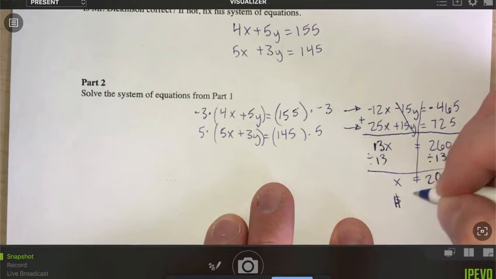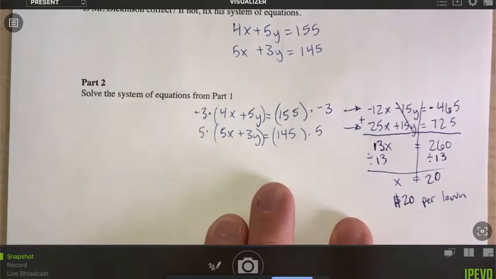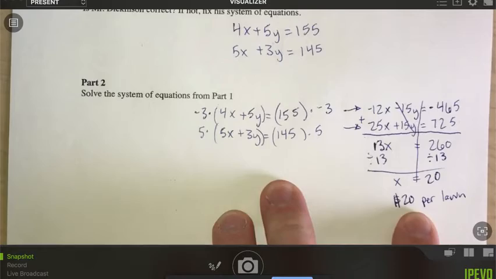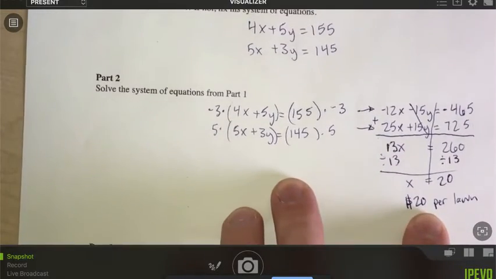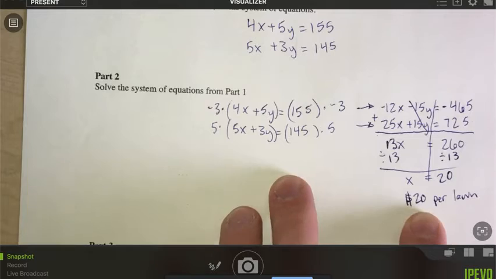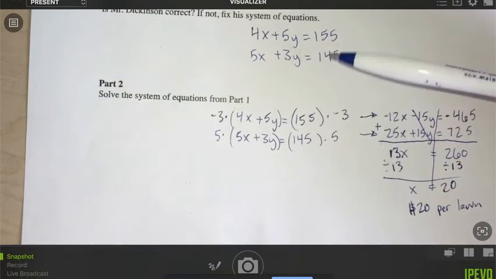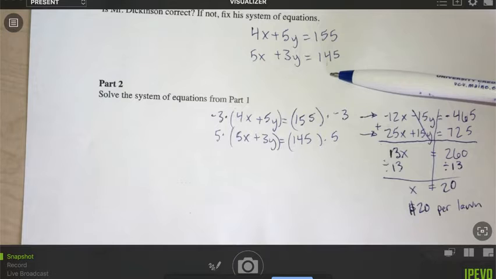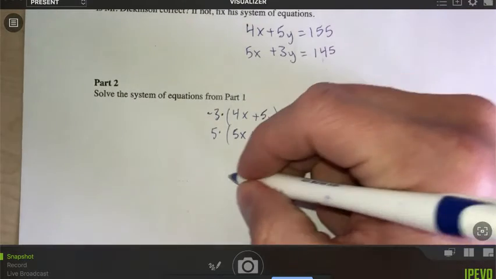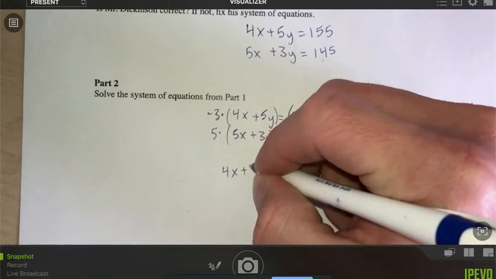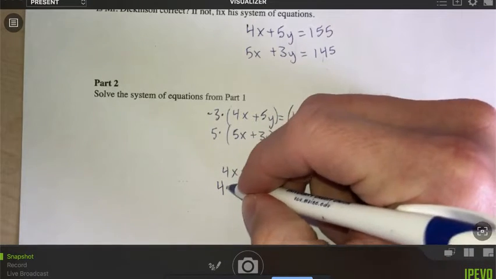So what that tells me is we've got $20 per lawn, because we said back up here, X stands for the cost for a lawn. All right. Now, remember, I can go back to either original equation. It doesn't matter which. And now that I know X, I can go and find Y. So I'll just use the top one. So I know 4X plus 5Y equals 155. But because X is now 20,